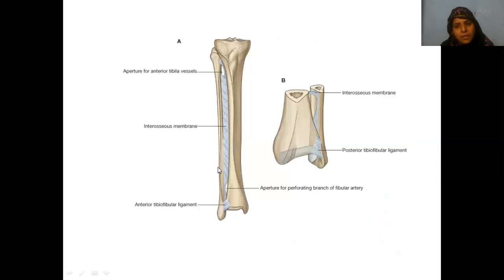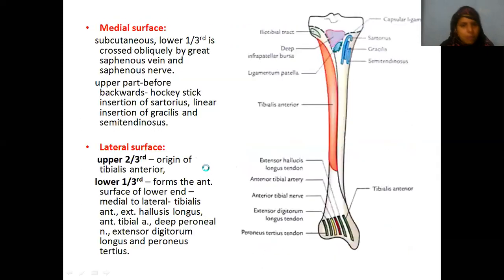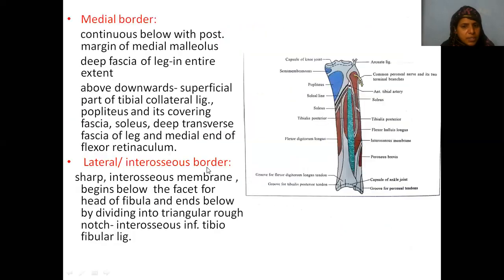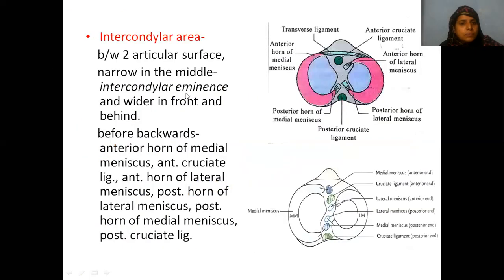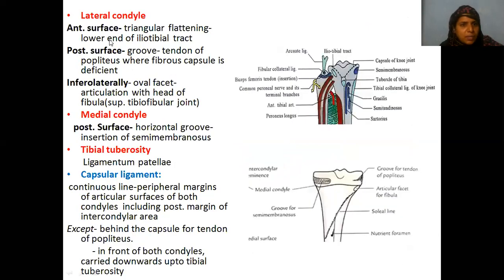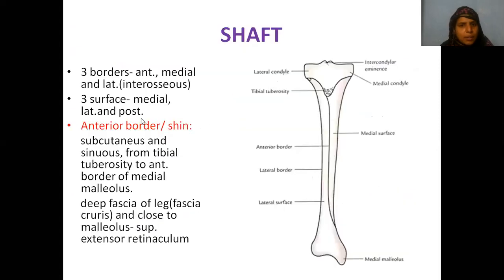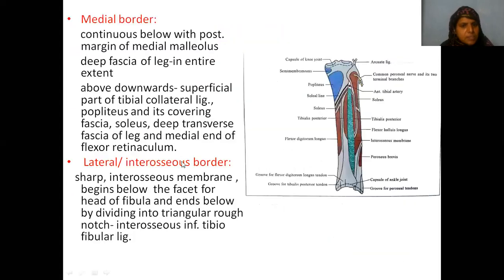So this is our interosseous membrane. So that is all actually about tibia. I'll just check if any important points I have missed. Intercondylar area, I told everything. Lateral condyle, iliotibial tract, everything we have discussed. Medial condyle, I told about guy ropes also. Capsule is attached along the margins wherever you have dotted lines. Anyhow, I will discuss capsule when we do knee joint. Shaft borders and surfaces, thin medial border.